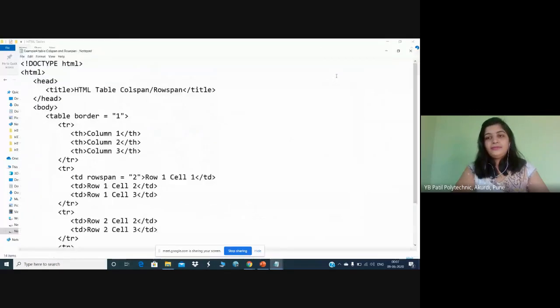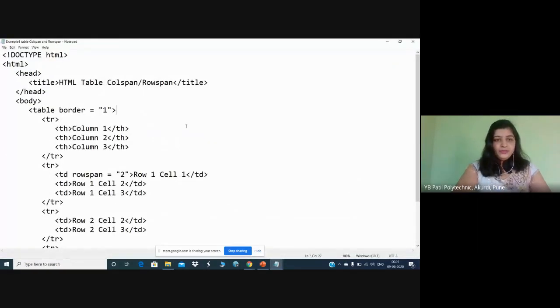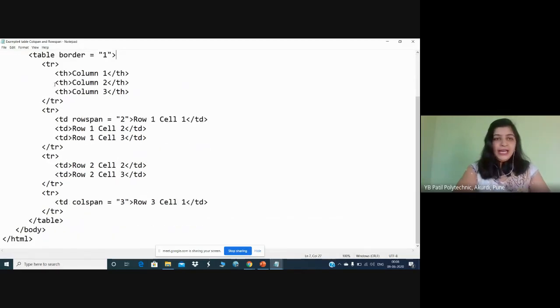See here. I have created a table, given border as 1. In the first row, I have given table heads as column 1, column 2, column 3. So these three heads will be displayed in a bold format. Then I have started the second row. On the second row, I have written row 1, cell 1.